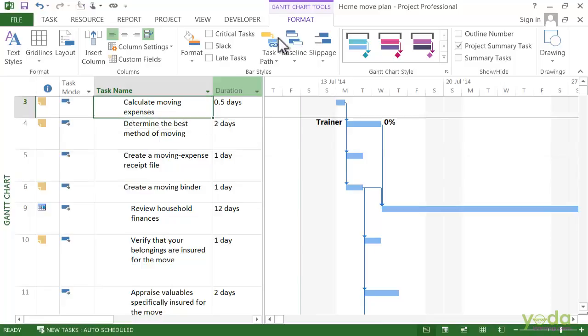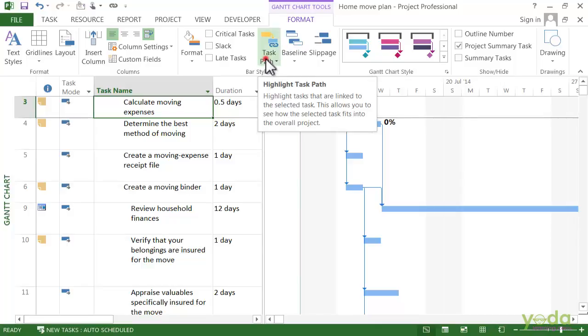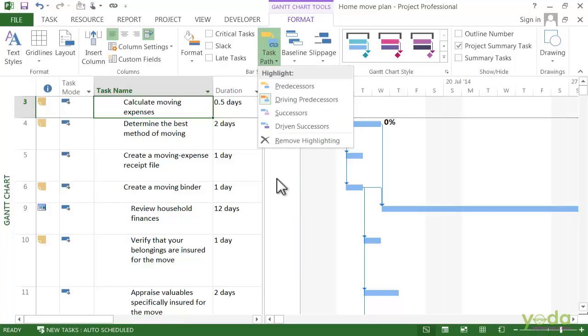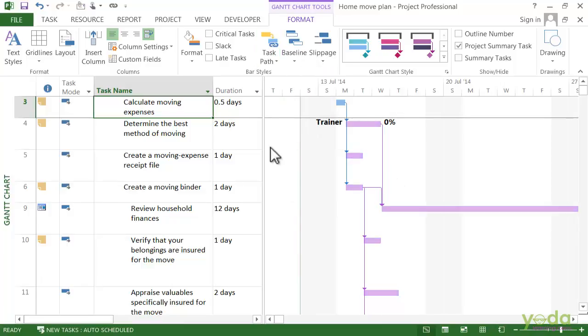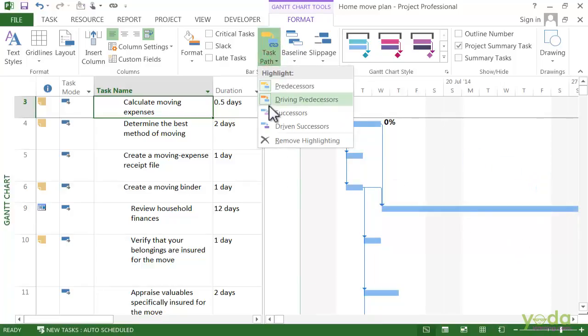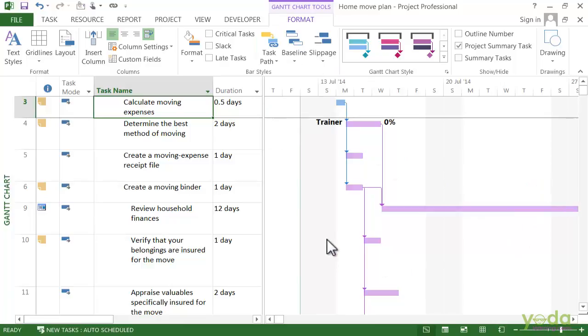and that's where the task path feature comes in. So up on the Format tab, click the task path, and in this case I'm going to turn on the driving predecessors. So right now there are no predecessors for this. Now here, if you see, when I selected the successors, it will change this to purple color.